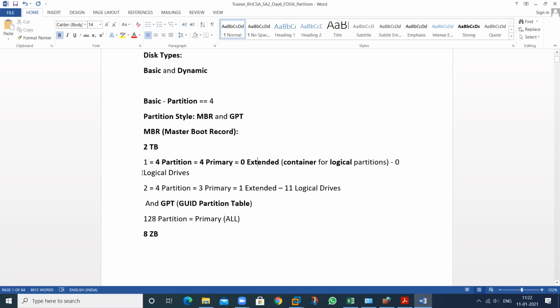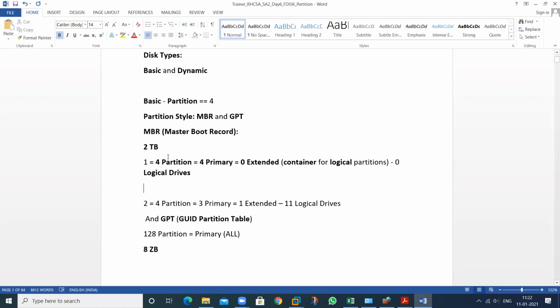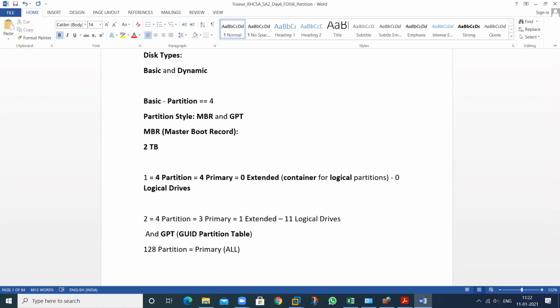It means there are no logical drives that can be contained in this particular container. So this is my scenario 1. If you use this particular scenario, these types of functionality can work.